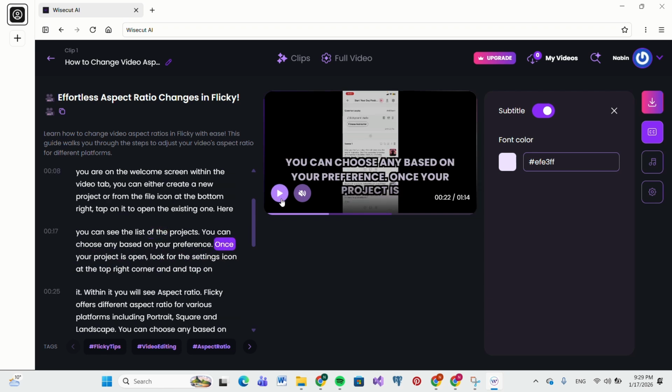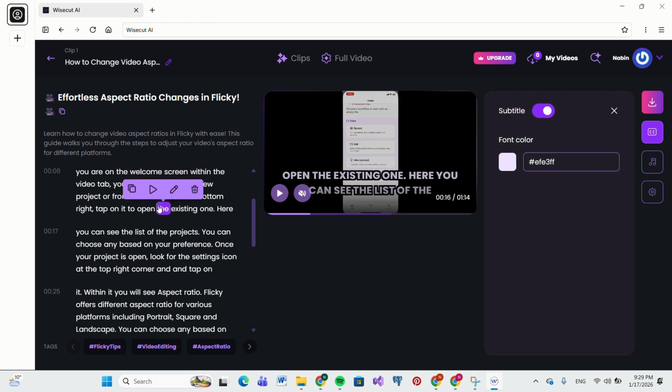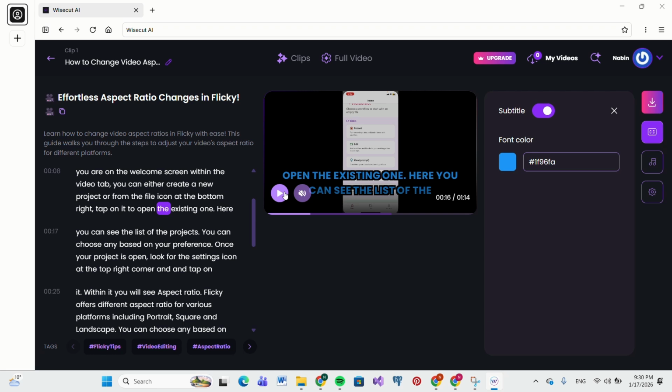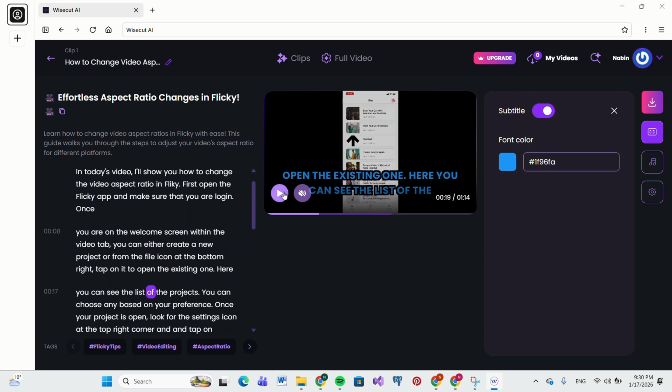You can also click on the subtitles and edit the line while correcting the spellings or wordings. After changing, all the changes that you made will automatically be saved. The appearance of the subtitles can also be customized. You can choose the color based on your preference and then again play the video to preview it. After previewing, if you are satisfied with the result, you can just download it, and that's how you can add